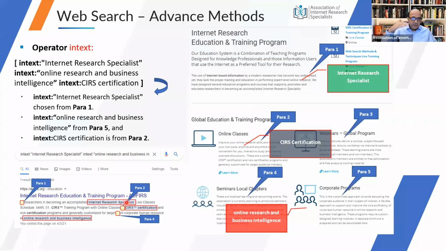Because the three different words, like internet research specialist, may be in one paragraph of that specific textual statement that we have returned, if we click on this, for instance, we would go to the page that is shown right here. So this is the page where we landed. And now we wanted to see where this word is extracted from. So if internet research specialist was somewhere in the first paragraph, which is right here, we know that the rest of these